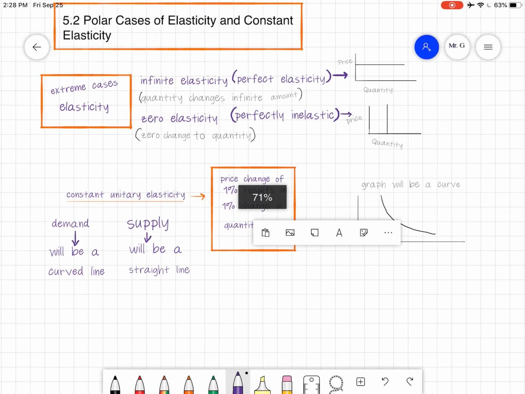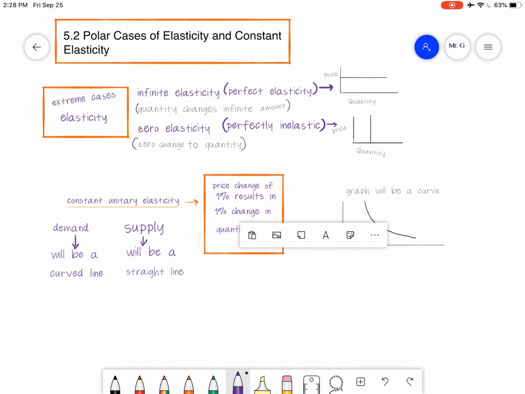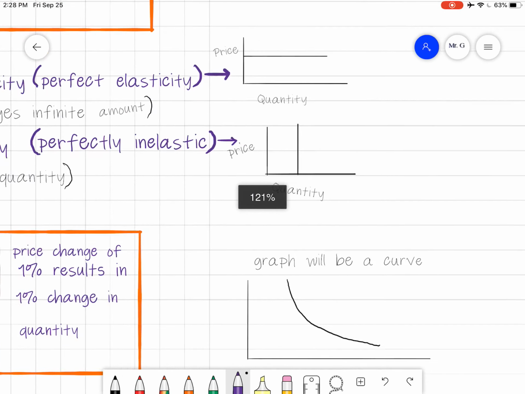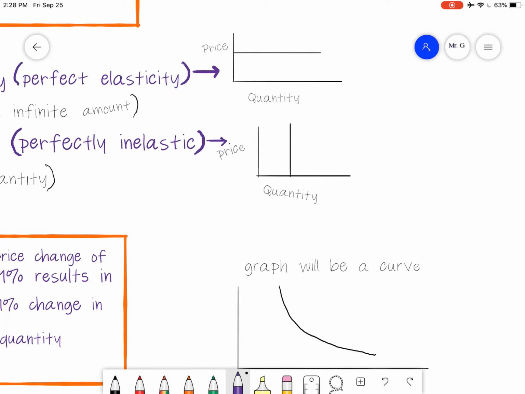So that is it for 5.2. And just remember as well, the more horizontal your graph line is, the more elastic it is. And the more vertical your graph is, the more inelastic it is. And in the next section, we'll be talking a little bit more about